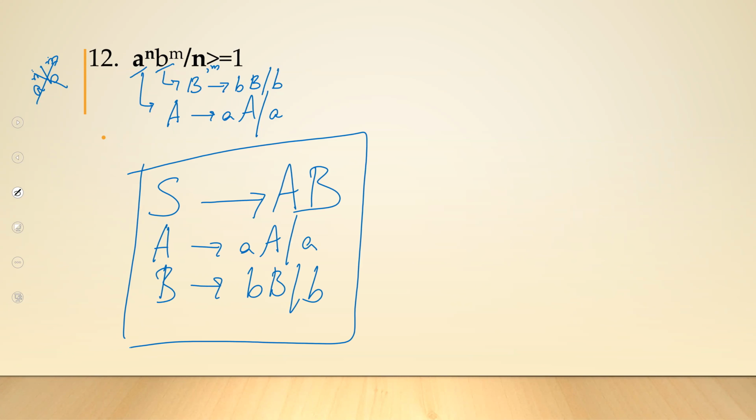Let's try simply doing one. You can do it yourselves. Try doing it for AAA BB. The numbers of A and B are different. You can try proving for AAAB. We can draw a tree and check whether it holds true. It will be holding true, for A raised to N, B raised to M.